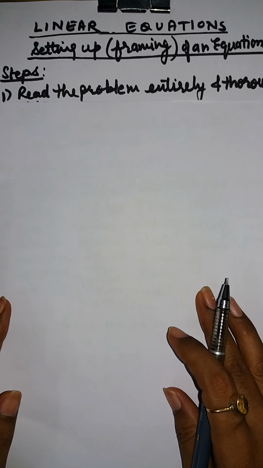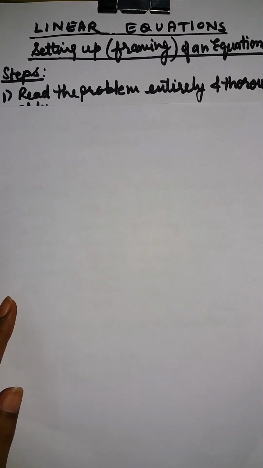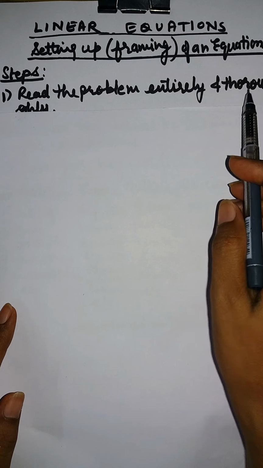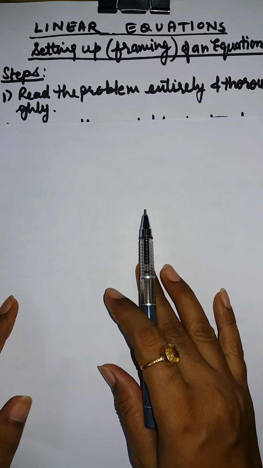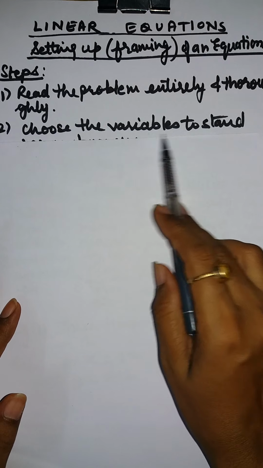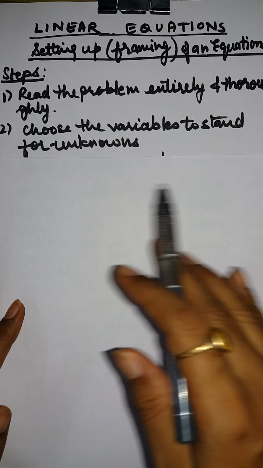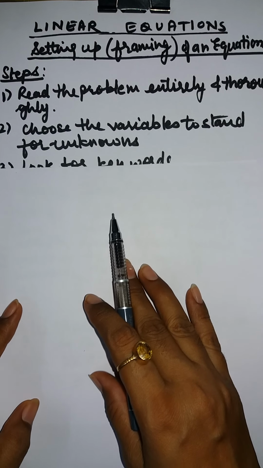Setting up or framing of an equation. In converting the given statements into the form of equations, we follow certain steps. First, read the problem entirely and thoroughly. Second, choose the variable to stand for the unknowns. Third step,